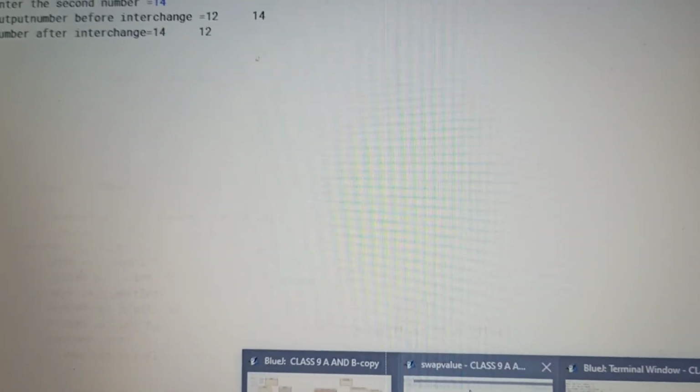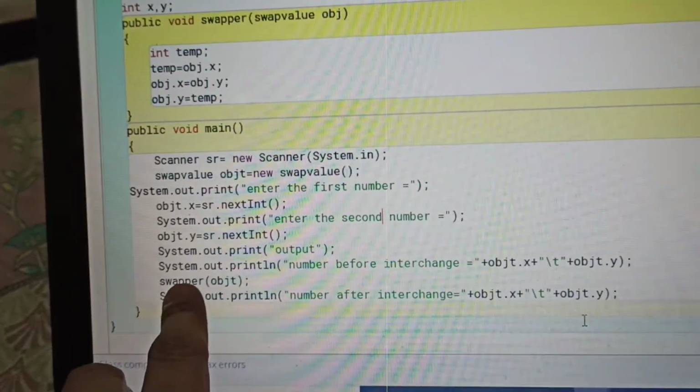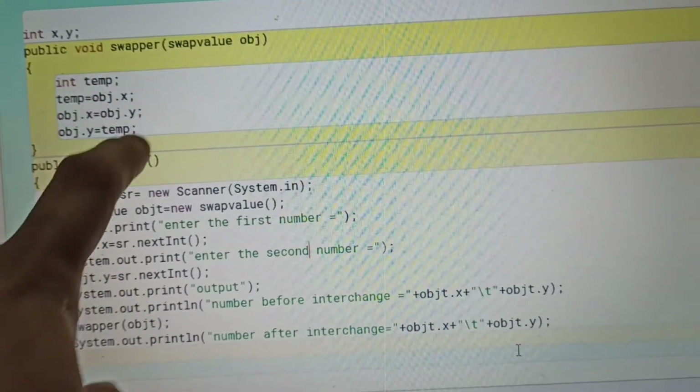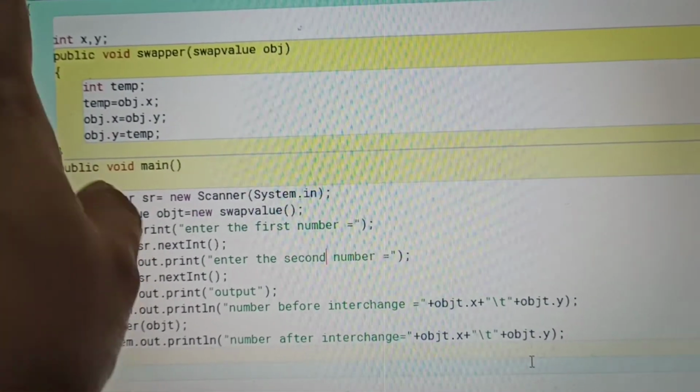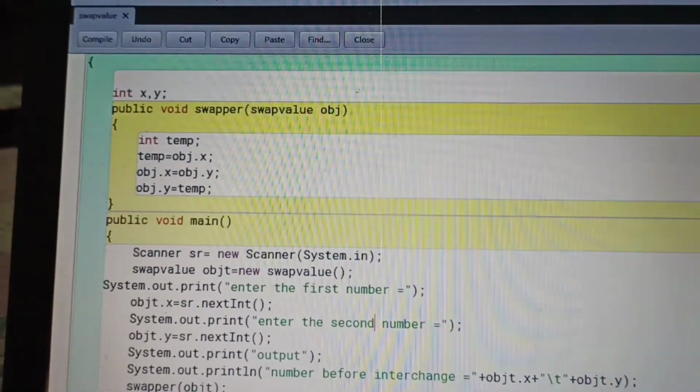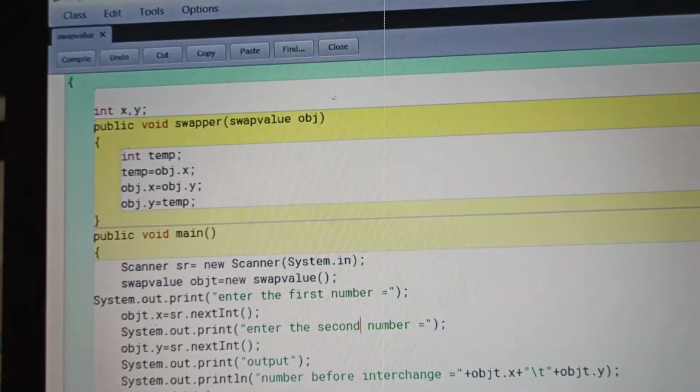The main concept is written inside this. At the time of the function call, swapper goes back to this method, and whatever calculation is done there will be set accordingly, and then it comes back and shows the output over here.